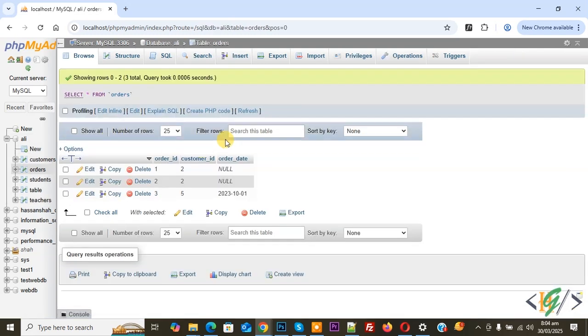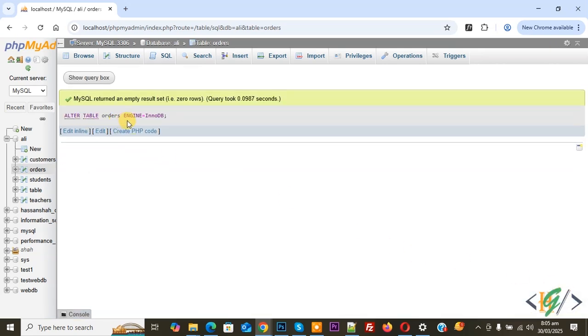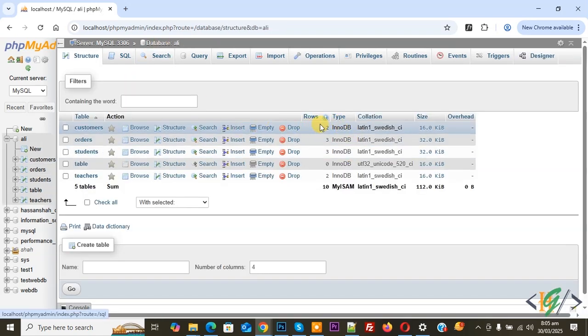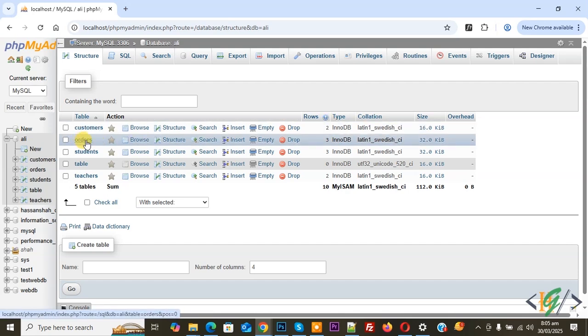So click on it. If you want, you can change the storage engine by operations or you can use SQL. We are going to do it using SQL. So click on it. Now paste the query, and you will find all queries in the video description or in the comment section. Now you see alter table orders, so this is the table engine InnoDB, and then click on go. Now you see alter table done. Go to the database again. Now you see both are InnoDB. Now we have set both the customer and order tables.